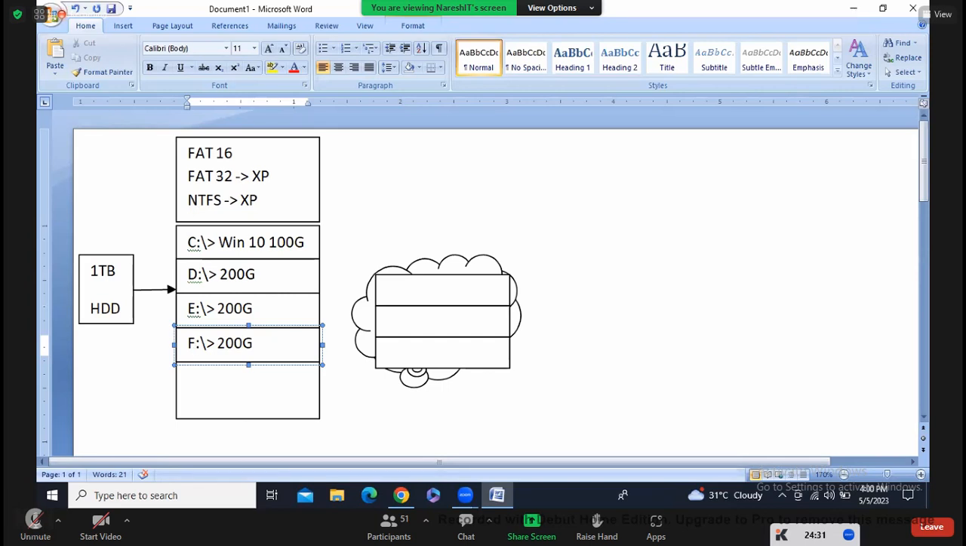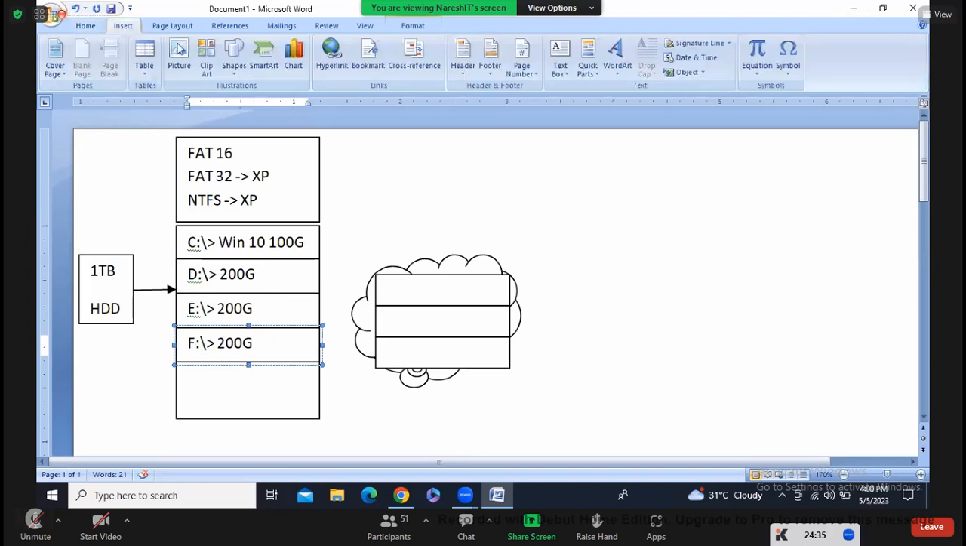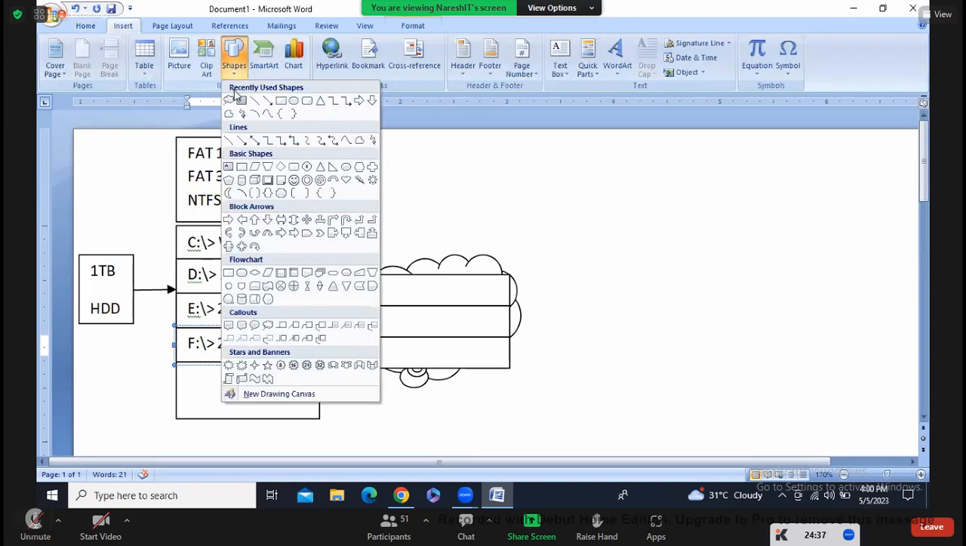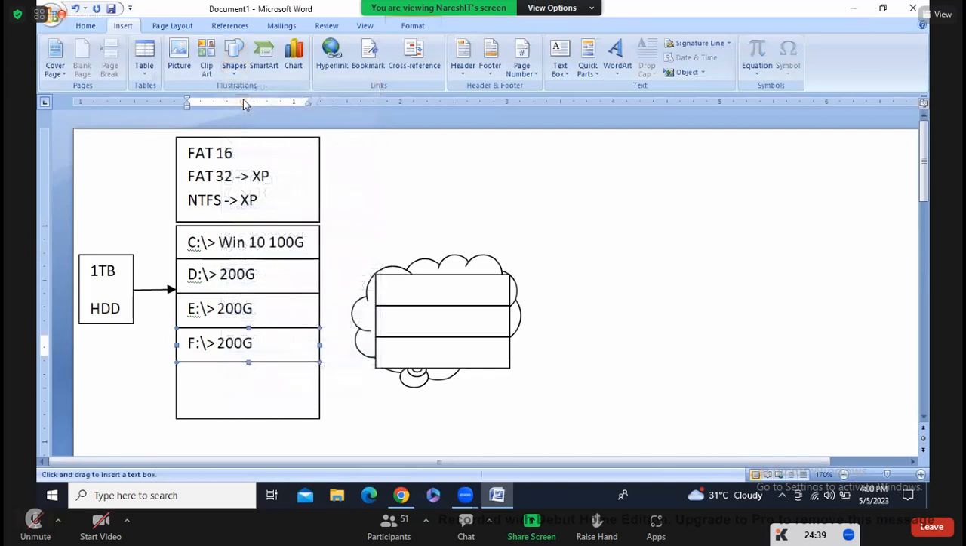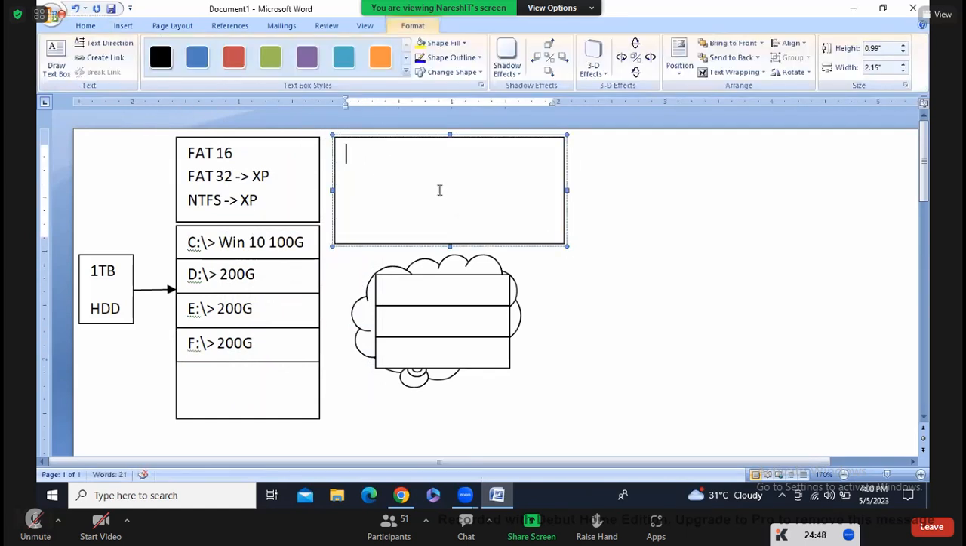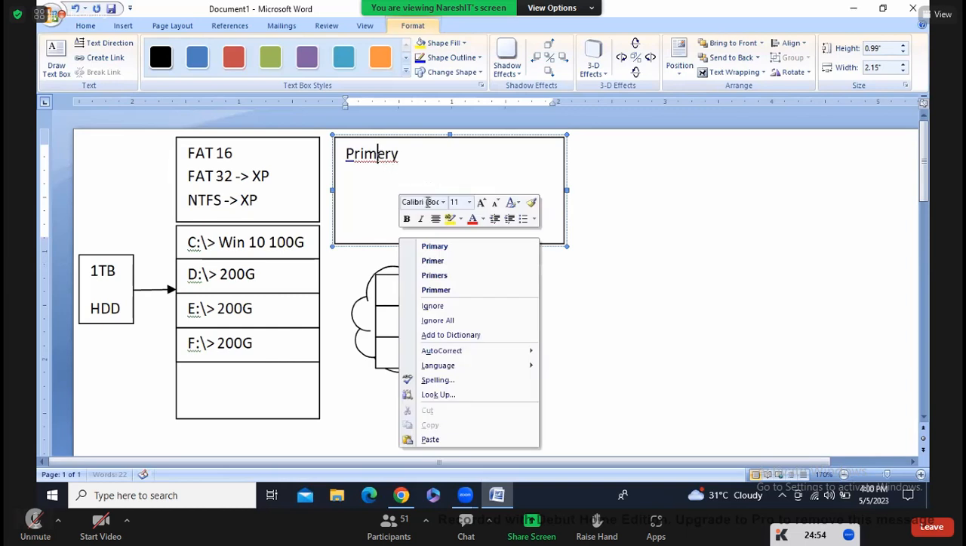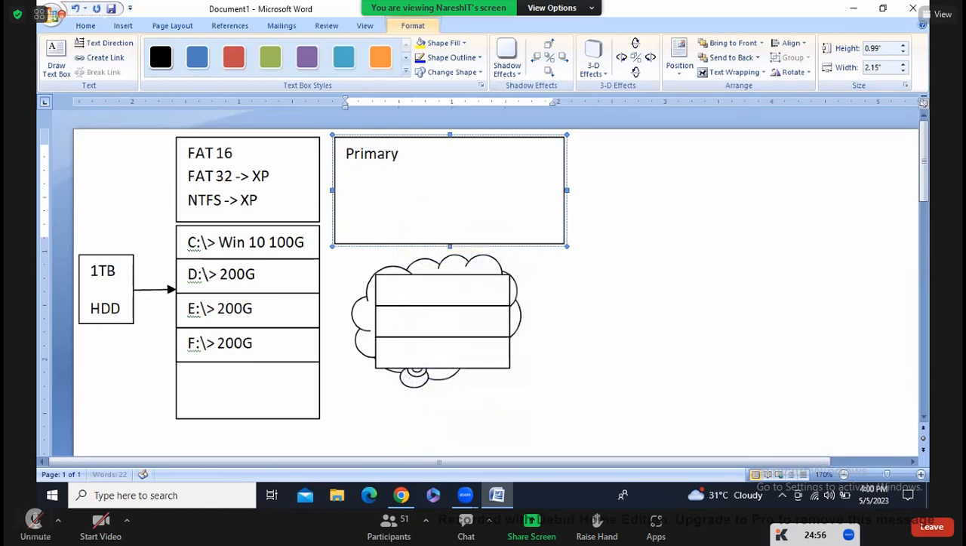MBR full form is master boot record, guys. Don't worry about what a master boot record is and where it is located; I'll tell you while we are discussing the operating system boot process. Coming to partitions, in the MBR partition schema we'll have two types of partitions, guys. One is the primary partition, another one is